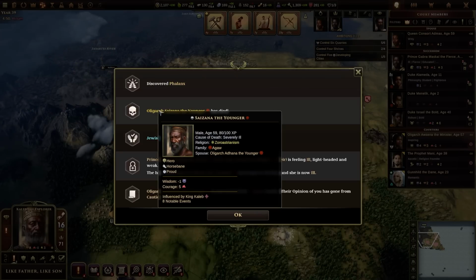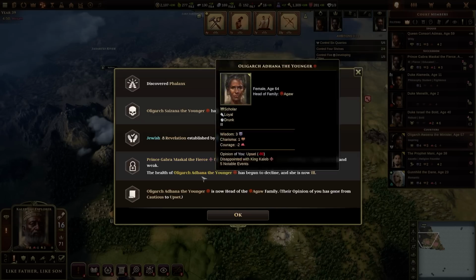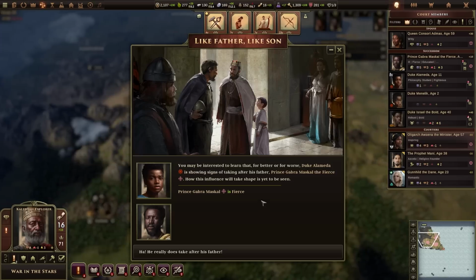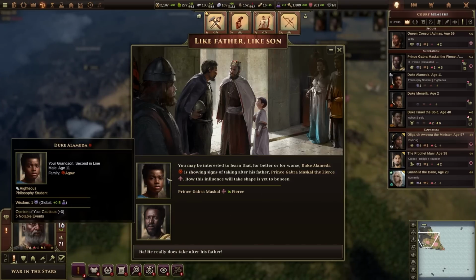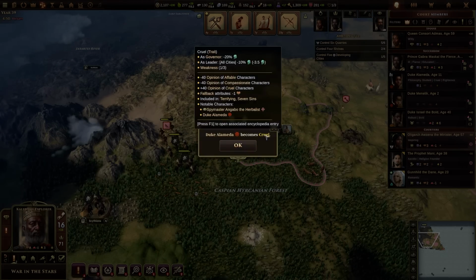So we just discovered phalanxes. We can make spearmen. Oligarch Saizana served us well, but he is now dead. General of the Slinger is ill. There's a bunch of new people. There's a new head of the family. Yeah, these families are starting to get upset with me. So Duke Alamanda, who's my second in line, will become fierce, bloodthirsty, or cruel. He became cruel, which does...